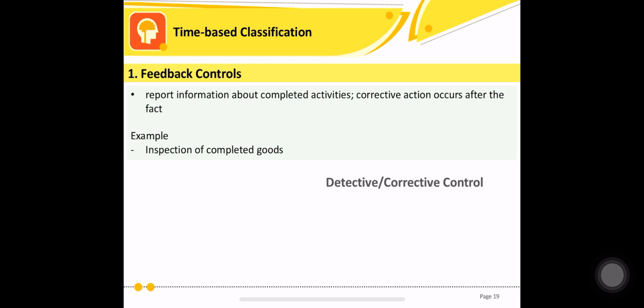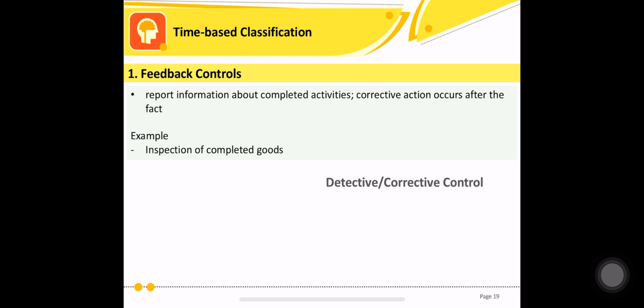Why am I sharing this? Actually, this is one of the tricky choices and questions on the CIA exam. Actually, they are giving this time-based classification. When I was reviewing with IIA, I really had a hard time to fully understand and fully answer this time-based classification. Now, you just have to understand more the logic behind it and what its counterpart is.